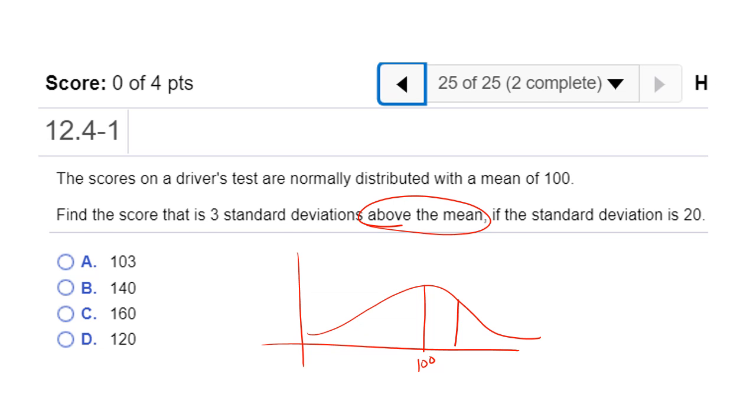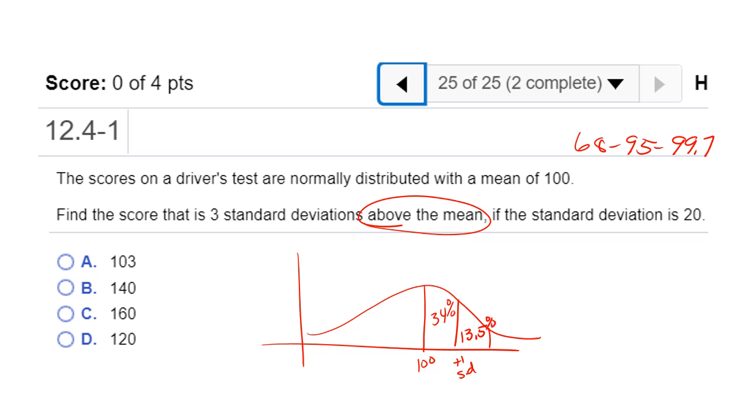So if I go 1 standard deviation, remember how we said that's 34% of the population? Well, then thinking about the 68, 95, and 99.7 rule that we studied with the normal distribution,